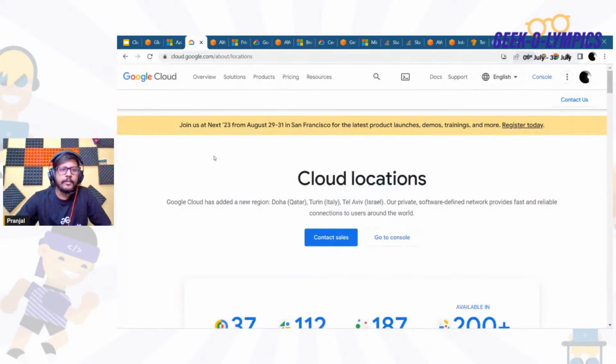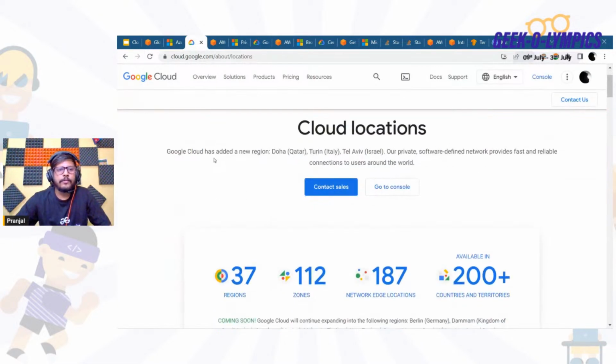Now other than this, this is Google Cloud. Just understand that around 2003 to 2006, AWS was launched. Then if you take the year 2003 and then 2010, after 7 years we got Azure and GCP afterwards.